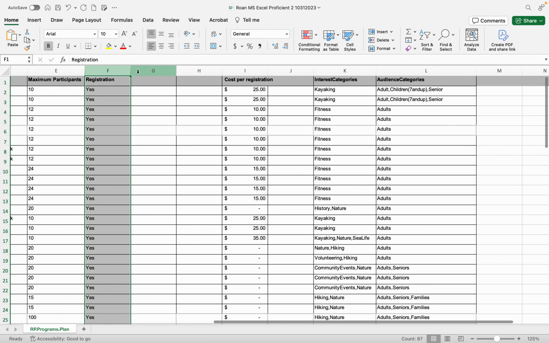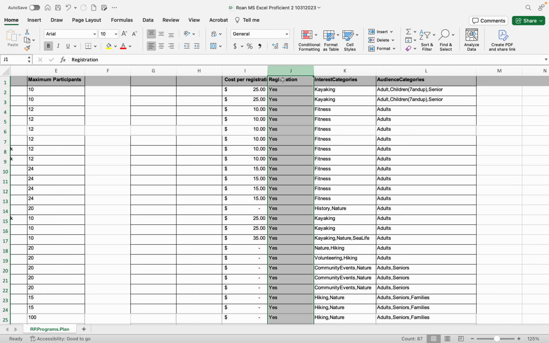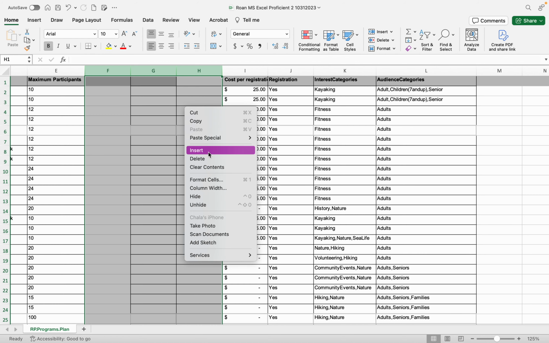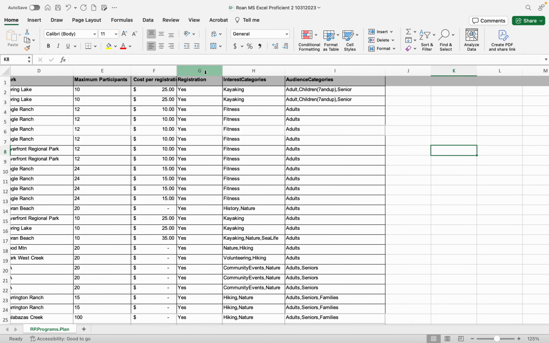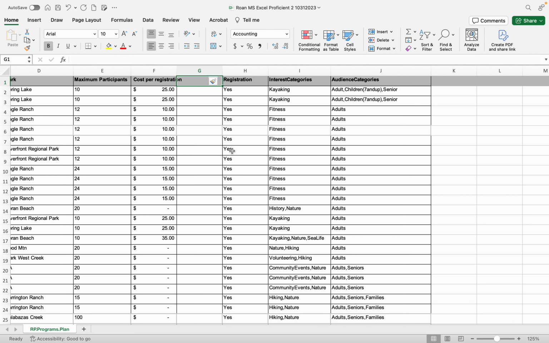I'm going to take this registration column and cut it with Control X, and paste it between cost per registration and interest categories. And then I'm going to delete these extra columns that I put in. I guess I didn't need to delete all of them. I'm going to now insert another one,